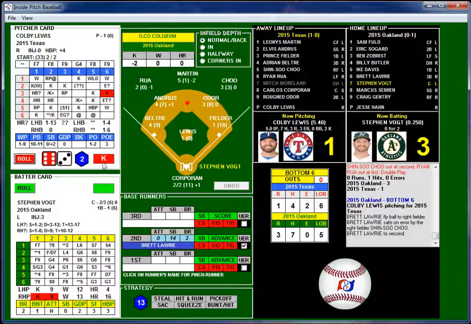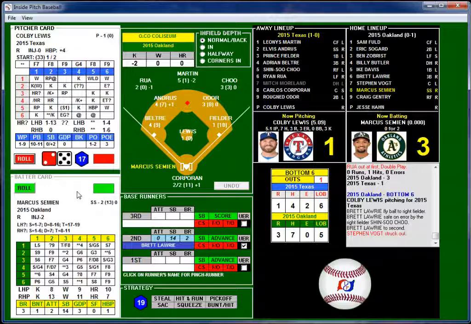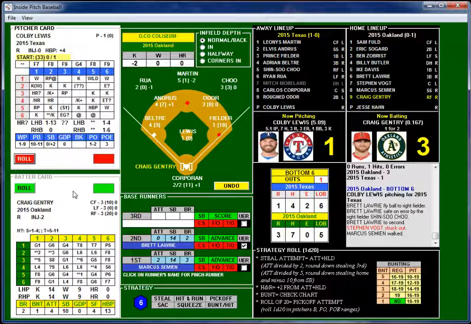Colby Lewis. 63. And pitcher's best friend, a strikeout. The swing and a miss, he struck him out. All right, Simmons back up. Marcus, who is 0 for 2. And I'm just going to put it straight up. And 1. Outside! Base on balls. So Colby is officially tired. He is a righty. We have one more righty and then a couple lefties and then a switch hitter. So Colby, I think, will stay out there against the righty.